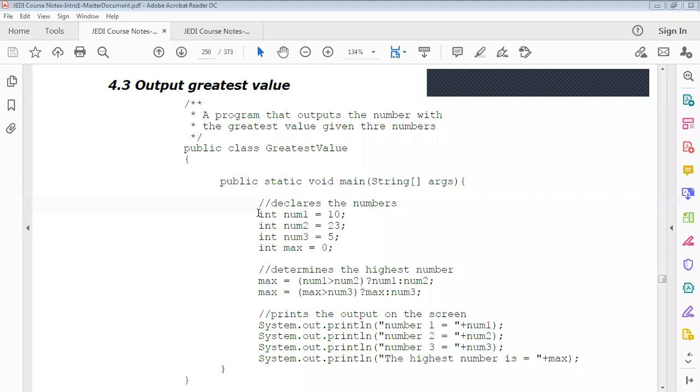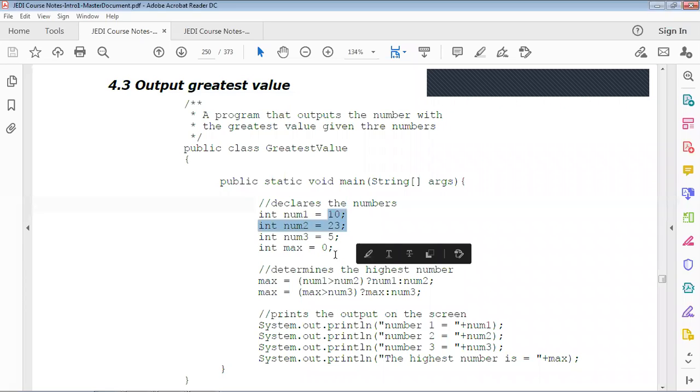The data type is int or integer for whole numbers. Int and float, what is the difference? Int is for whole numbers, no decimal point. Float is with a decimal point or with decimal places.